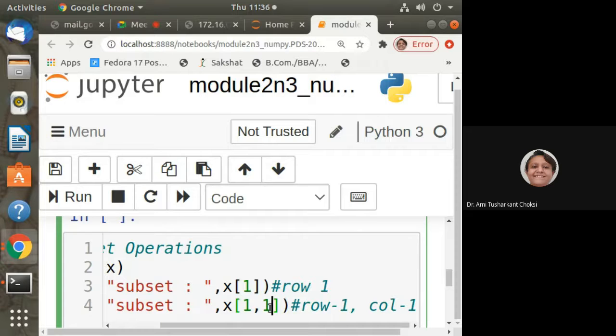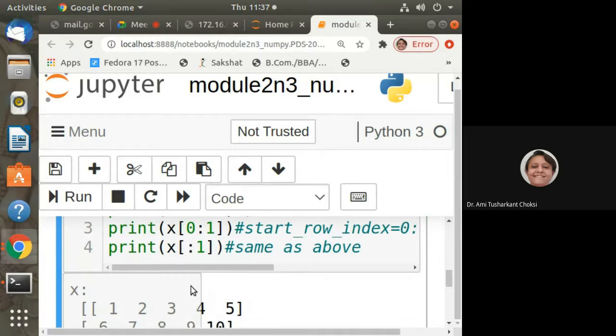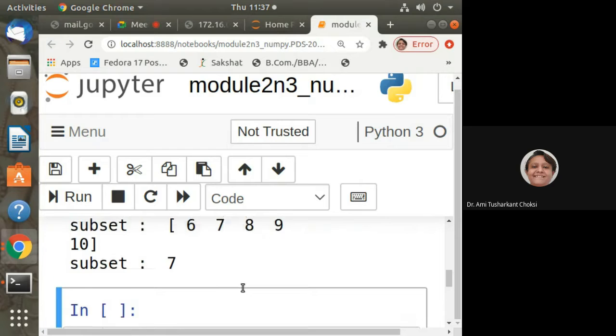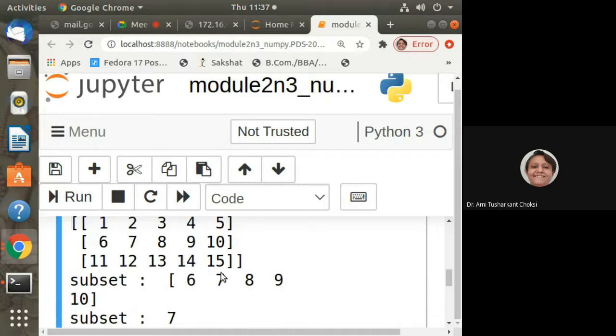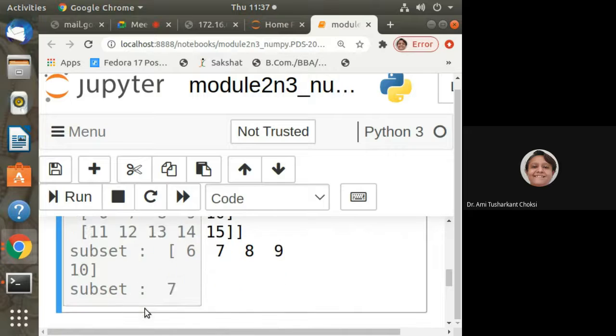So for row 1, all the columns, so whole row 1. Here it is. This is our original array. What is this? 6, 7, 8, 9, 10. This is our row 1. After that, what is that? Subset. That is only 7. Why 7? Row 1 column 1. Okay.